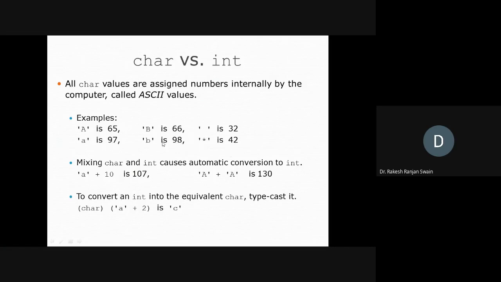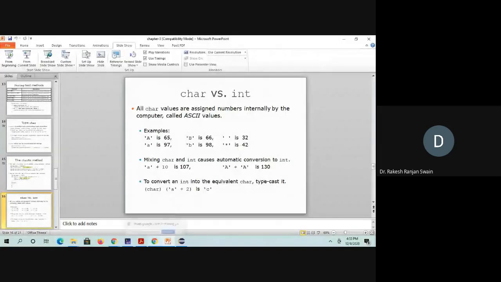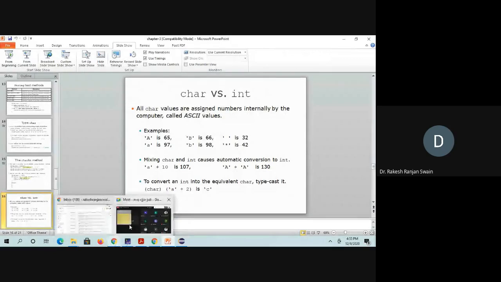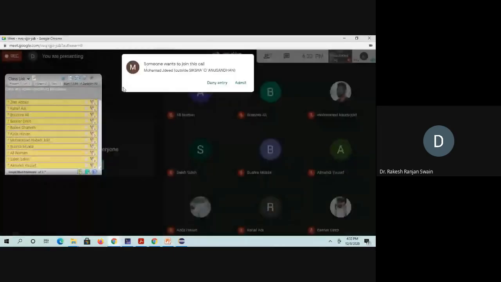Similarly, for space it is 32, star 42. Each character has an ASCII value. Whenever you declare a character, the computer internally stores a number, and this number is called the ASCII value for each character.